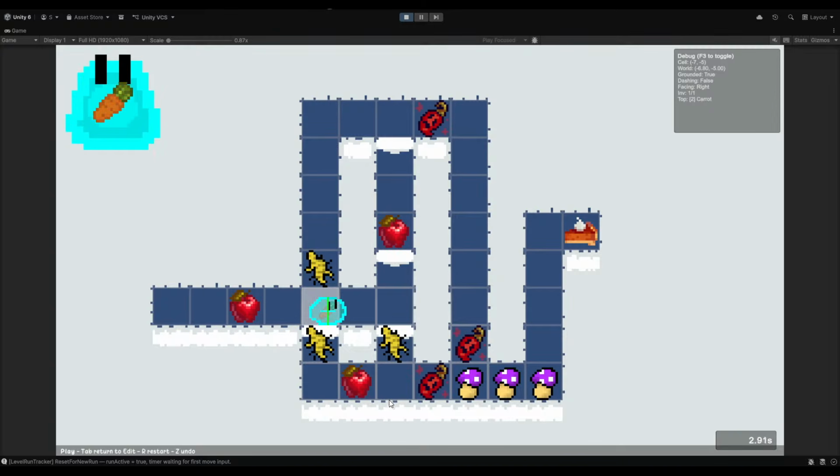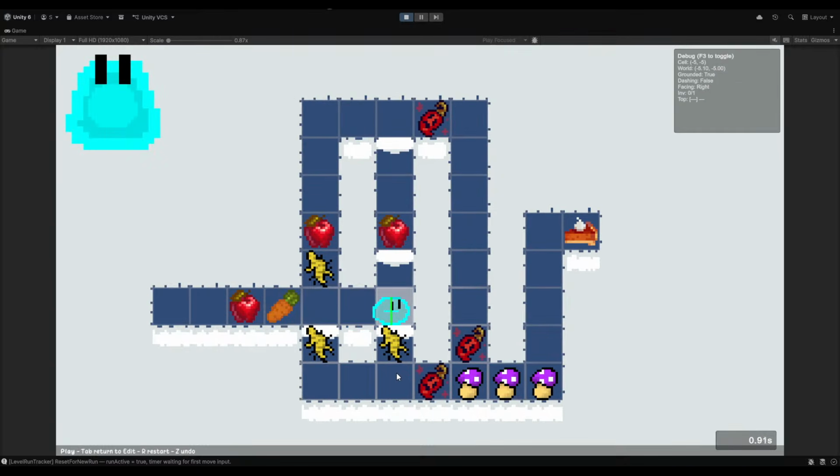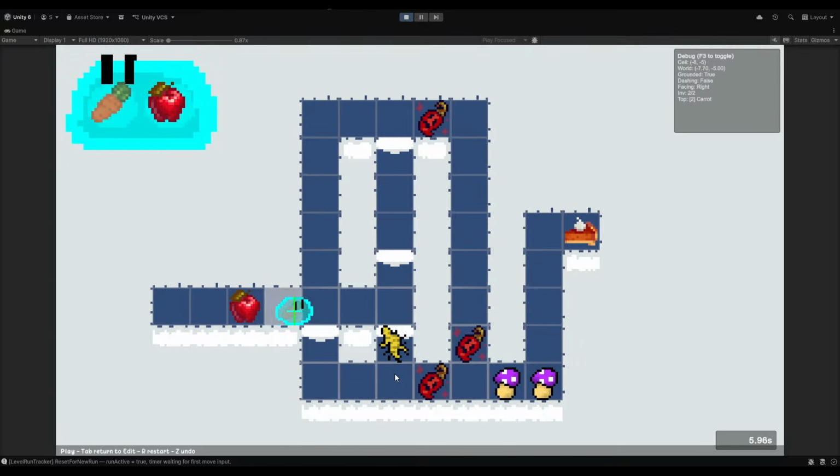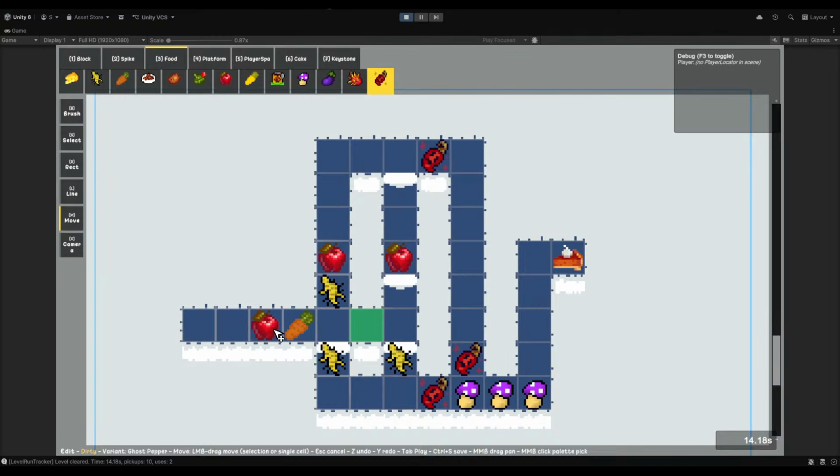What if I put an apple there? They have to pick up the carrot first. No. They shouldn't pick up the carrot first. Pick up the apple first. They can't come back this way. Oh, actually, that might be impossible. Yeah, because they can't come back, right? And I think this is too easy, but maybe it's fine for now. I think I will leave it like this for now and think more about it later.